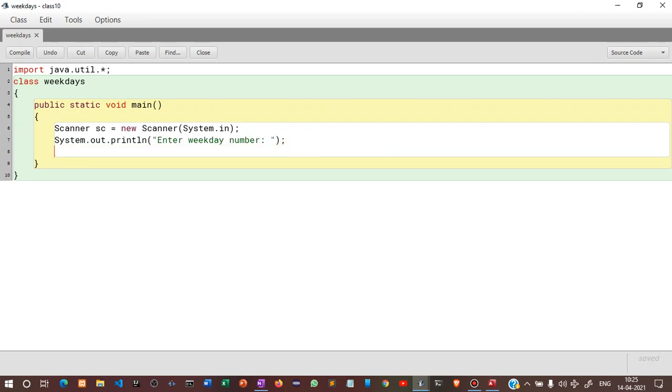Then we will just take the input. Suppose w as week number equals sc.nextInt(), since we are asking for an integer value.